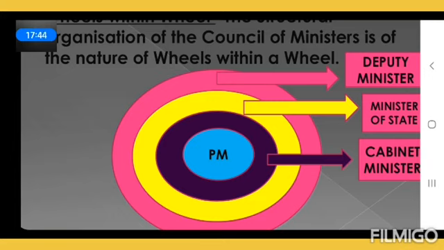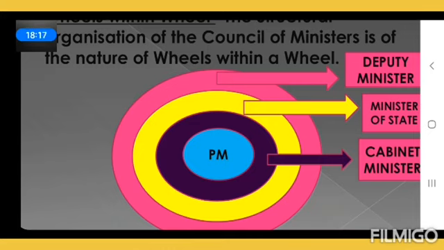He is appointed as the leader of the majority party, and after getting appointed, he gives the recommendations of certain ministers. And who appoints them? The President appoints them, of course. Those ministers are appointed out of the legislators belonging to his party. That means the prime minister is a very powerful one. He is the head of the government, and he holds a strong position. So the prime minister is the innermost circle, right?